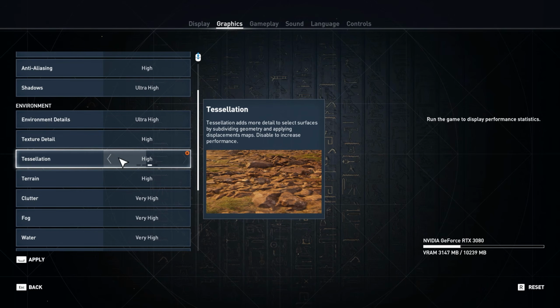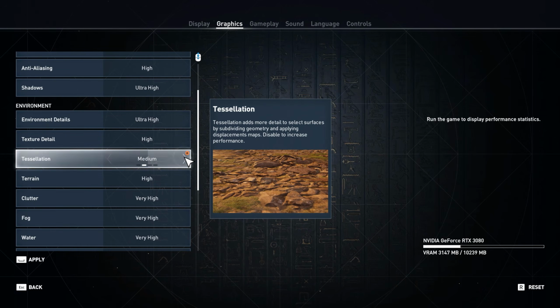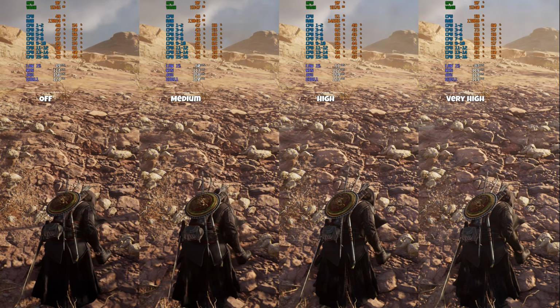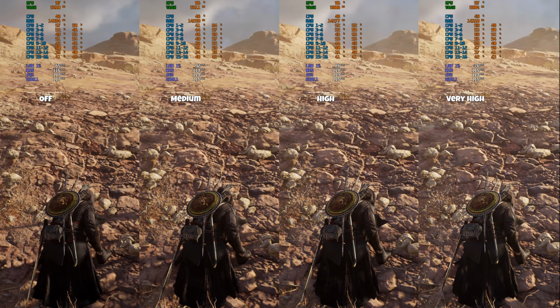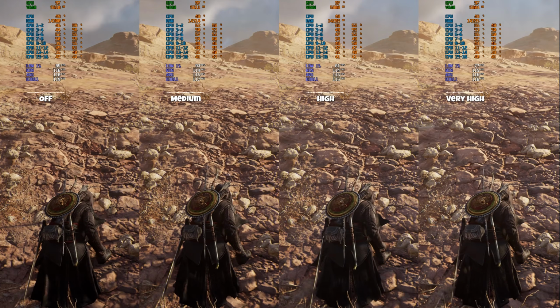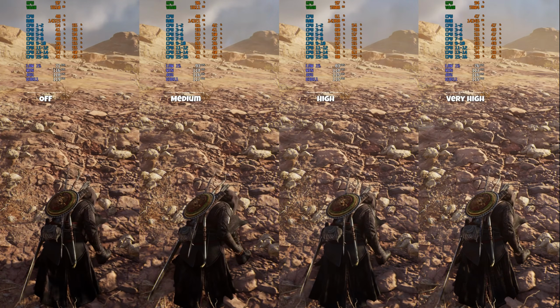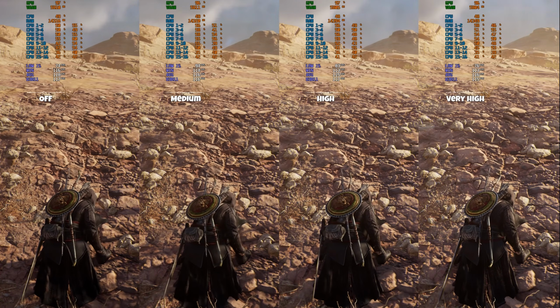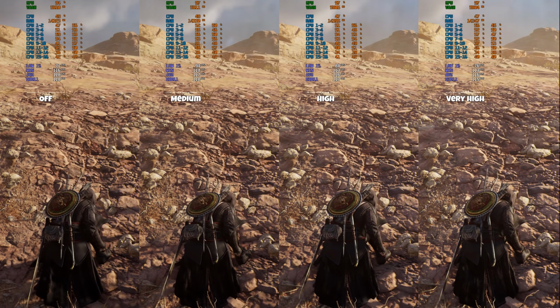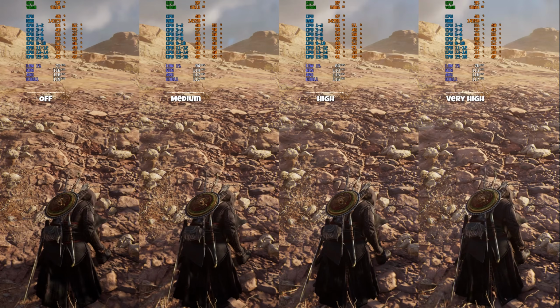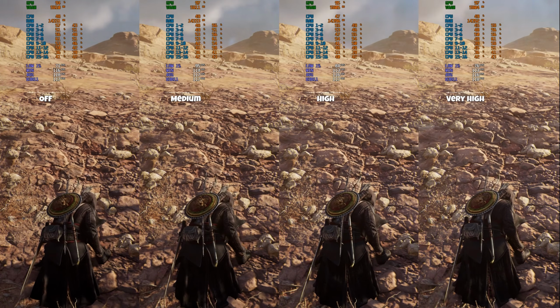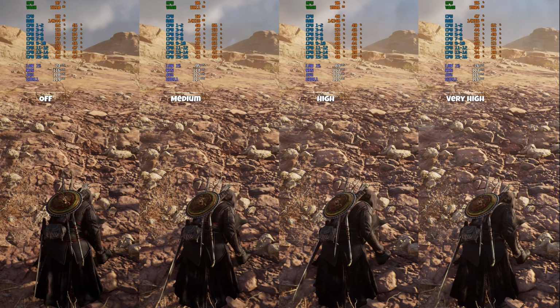Moving on over to Tessellation, we can see more of the same, where we get like 1 to 2 FPS for each step down we go in the settings. But here you can actually notice a little bit of a visual quality difference, where you can see at very high the rocks have some form. Some of them still look a bit flat, but most of them seem to be more round. And the more we go towards off, the less round they become,